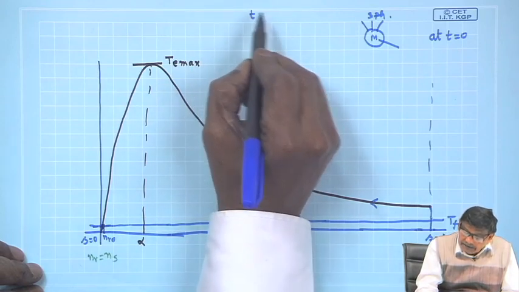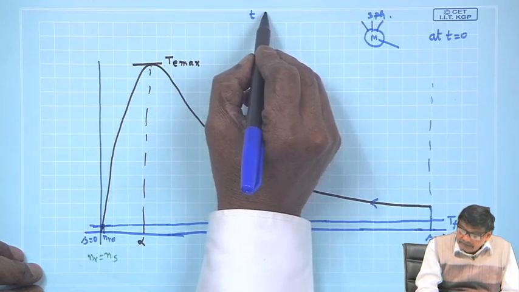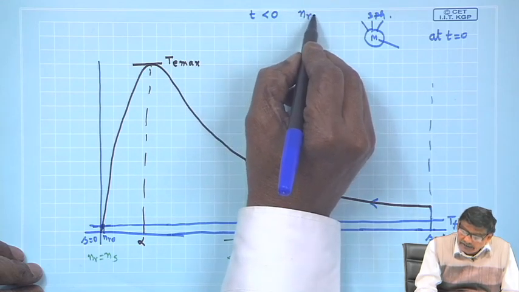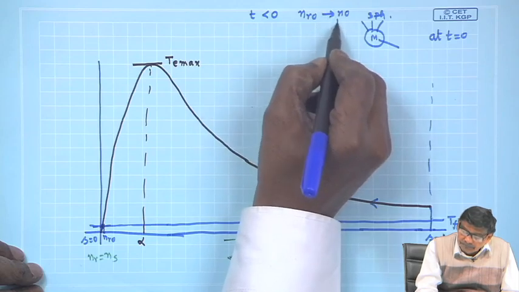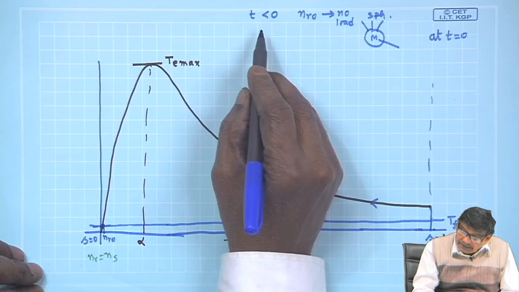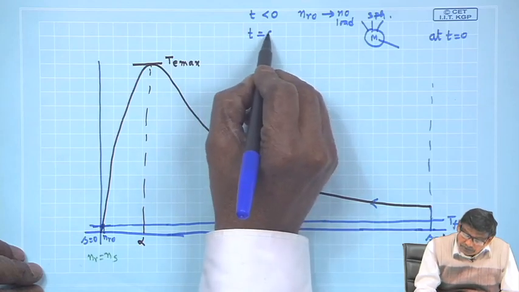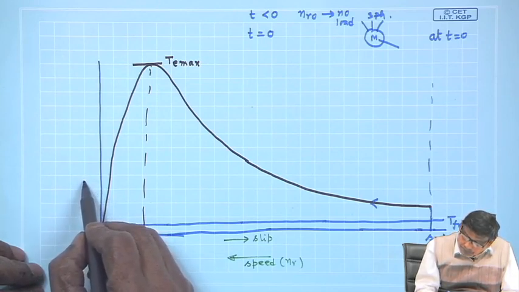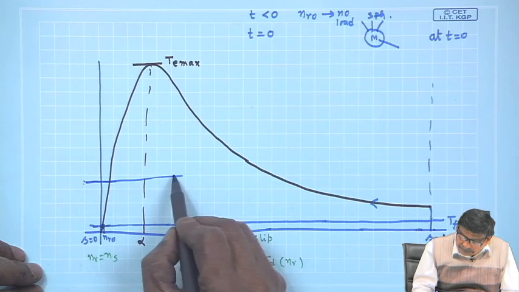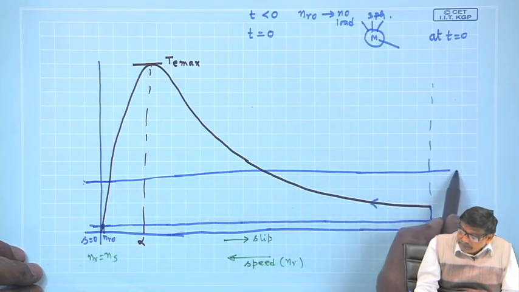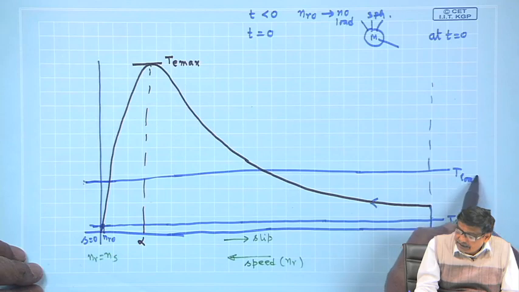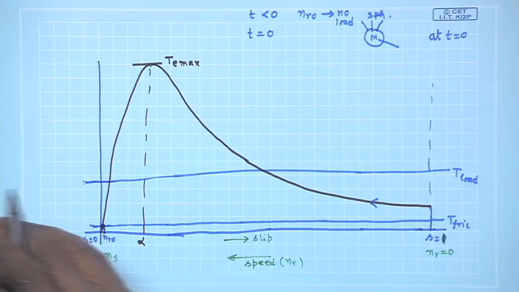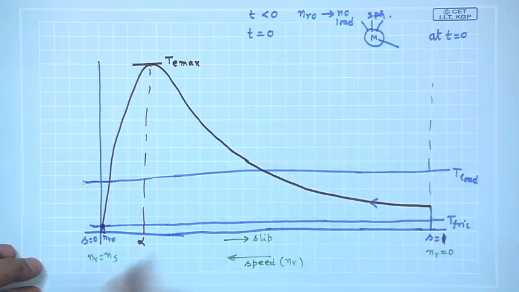And therefore, let us imagine that the machine is hitherto running at N R 0 speed. So, for t less than 0, the speed of the motor is N R 0, no load. Now, at t equal to 0, what do I do? I increase the load torque on the shaft of the machine, that is the opposing torque. A step jump I give suddenly on the shaft of the motor. So, the machine was nicely running here. Suddenly, I put this opposing load torque.